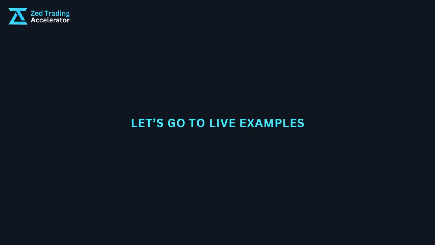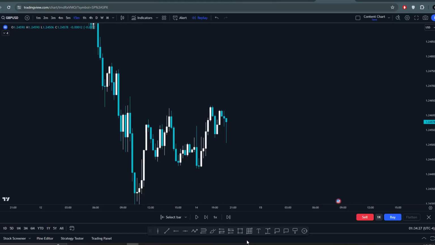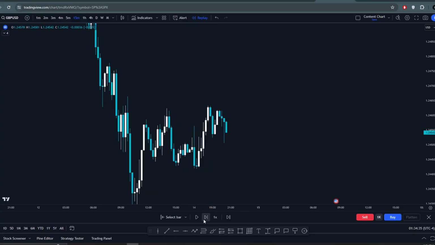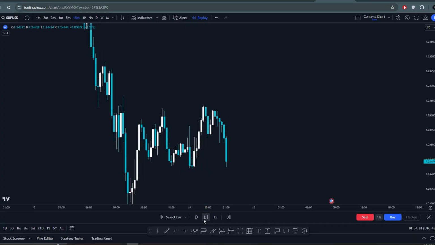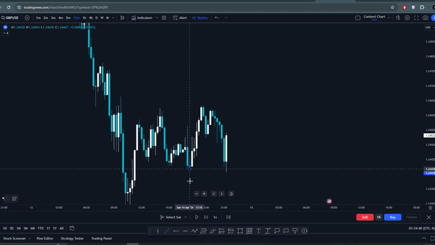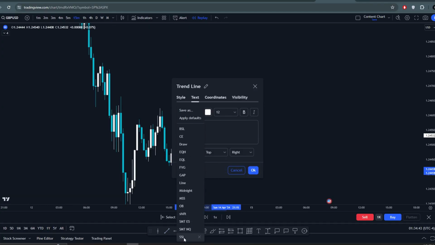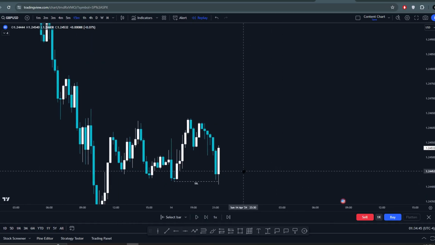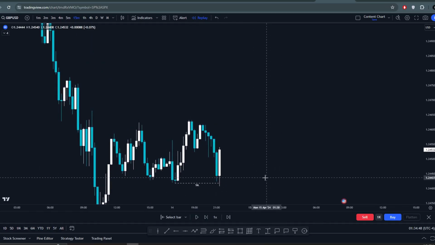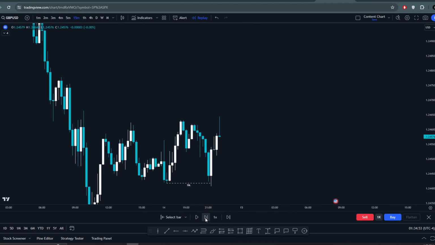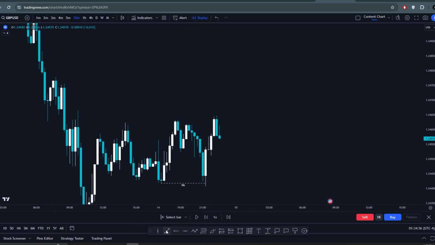So let's go into the live examples. Alright, so this is an example of a high probability order block. Alright, so first let's wait for a liquidity grab. Alright, so as we can see here, we have taken out a sell side liquidity. Alright, so since we are bullish, we want to see up close candles. Alright, so here we have a market structure shift. The price has shifted higher,